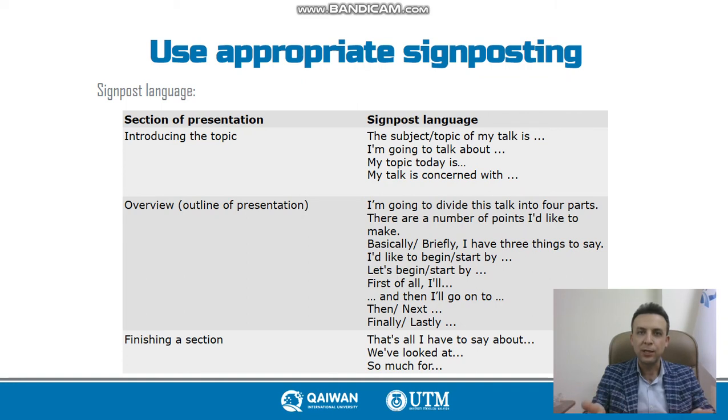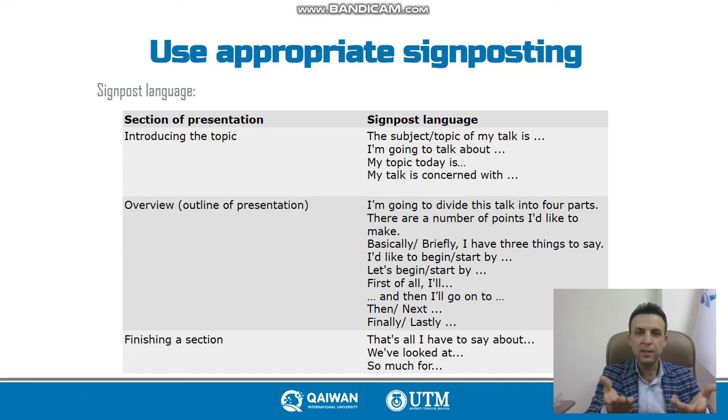In writing, we can see different paragraphs. Different paragraphs tell us that each paragraph is focusing on a certain topic. But we do not have paragraphs in speaking. How can we make this division clear? How can we make it clear to the audience that the discussion about this topic is over, and now I'm going to talk about another topic?